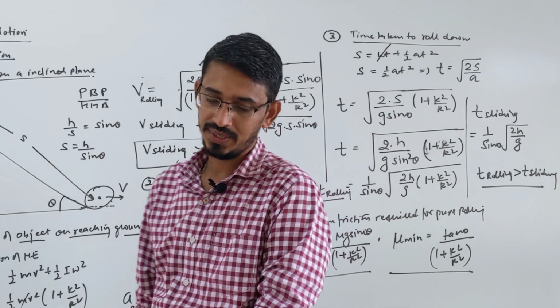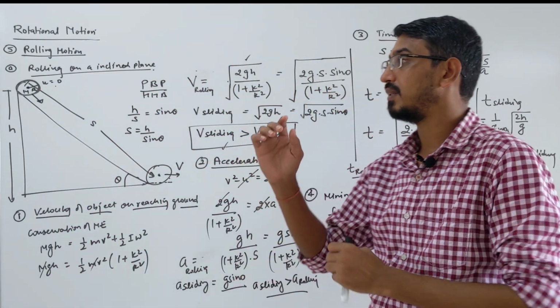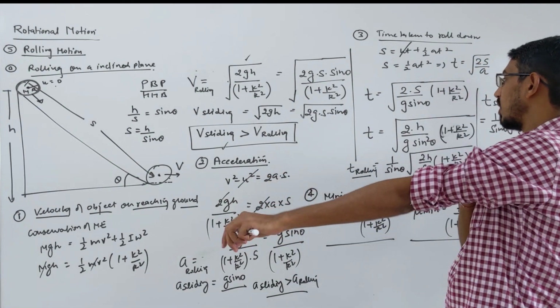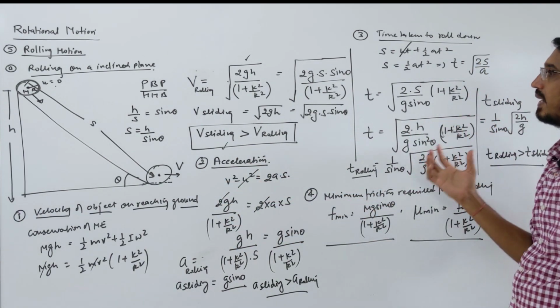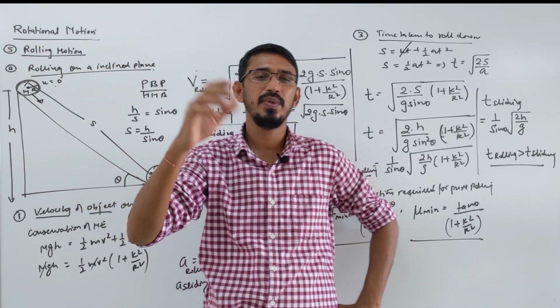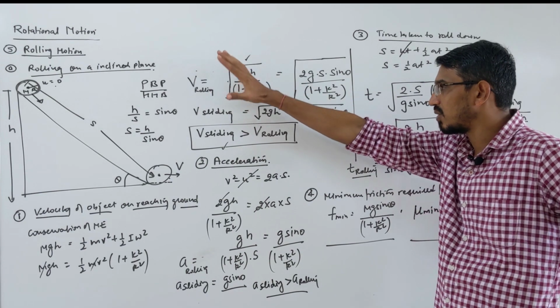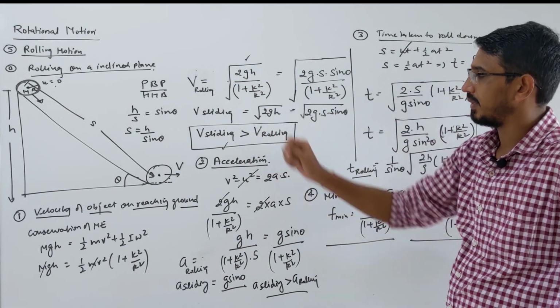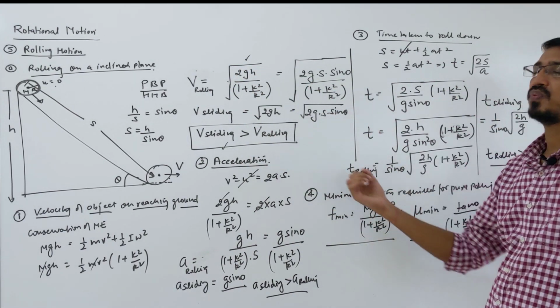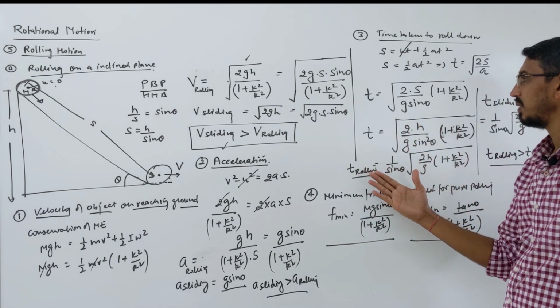So this was the theoretical part, and mainly in our exam the question they ask is about time. If I put some objects here, like a sphere, a hollow sphere, all types which can roll, and they start rolling at the same time from the top of that incline, then who will reach the ground first? That depends on your time formula. So I will explain this question.